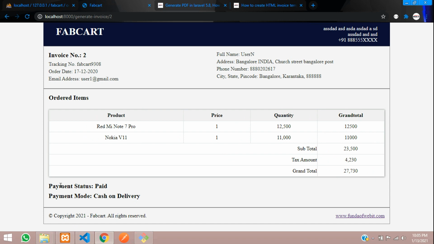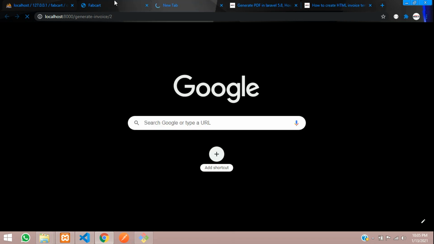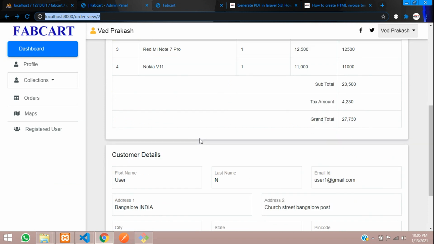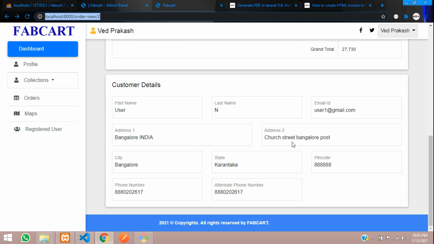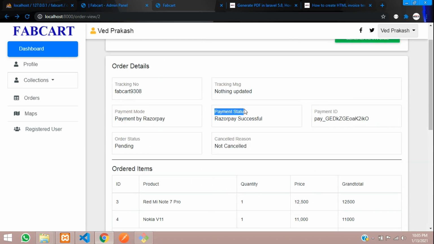Correct. And this payment status and cash on delivery things you have to fetch. How can we fetch them? So let me just show you. Okay, why shift again and again? So let me just open this in a new tab and let's go to the previous thing, order view. So over here you can see that, where is the payment status for this? Okay, so over here you can see the order status, payment mode, and payment status. Okay, so these two things we are fetching. So if this is order 2, payment by Razorpay, and this is 1.